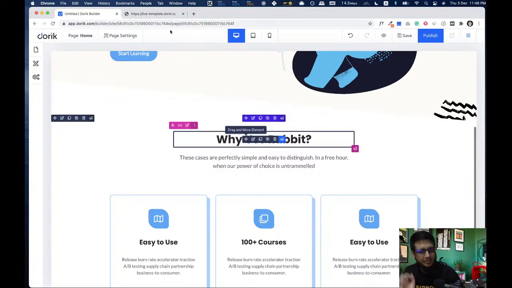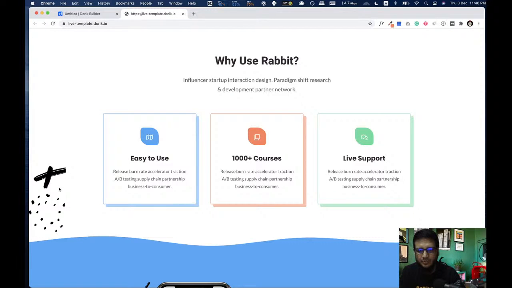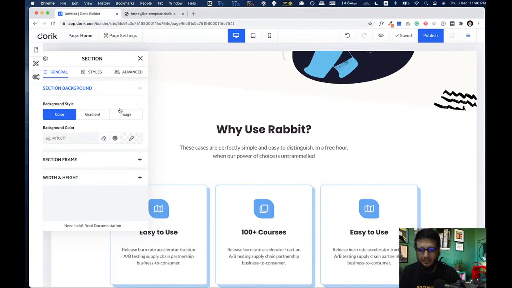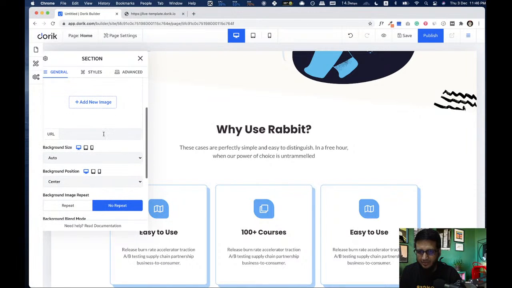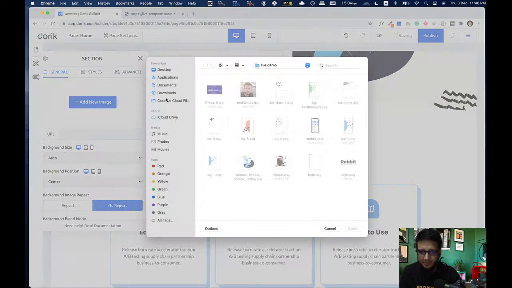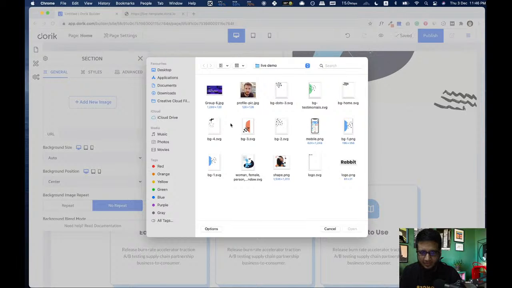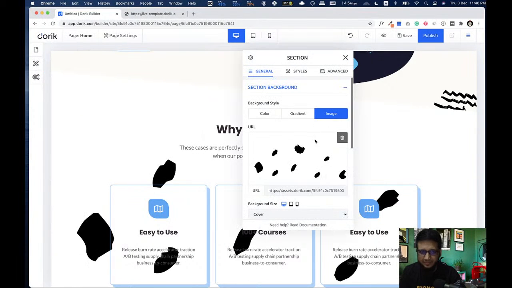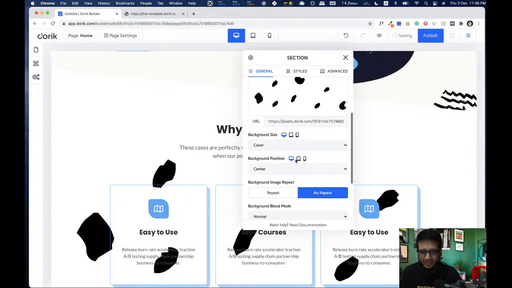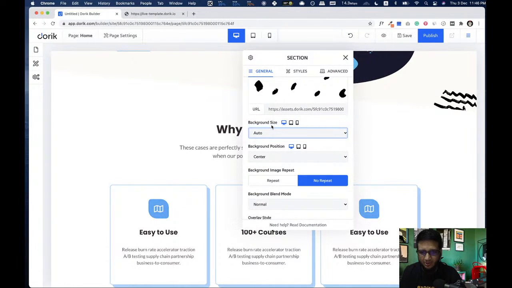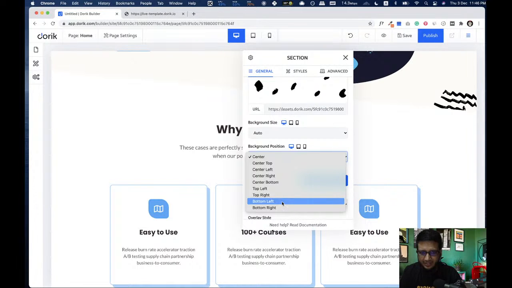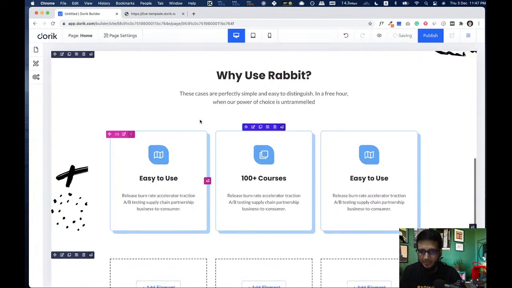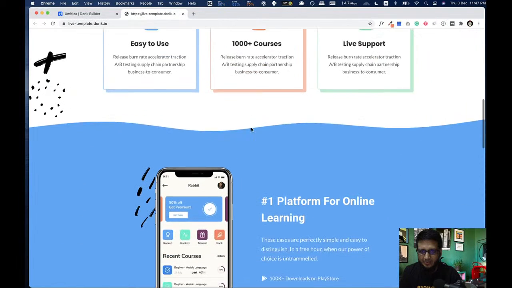So yeah, there is one more thing. There is one image. As before, we are gonna add it in the background image. Okay, I think it's this one. Okay, same problem with this. So we are gonna make it size auto, and it's on the bottom left. So here it is right now. So it's good, and now we can move to the next section.